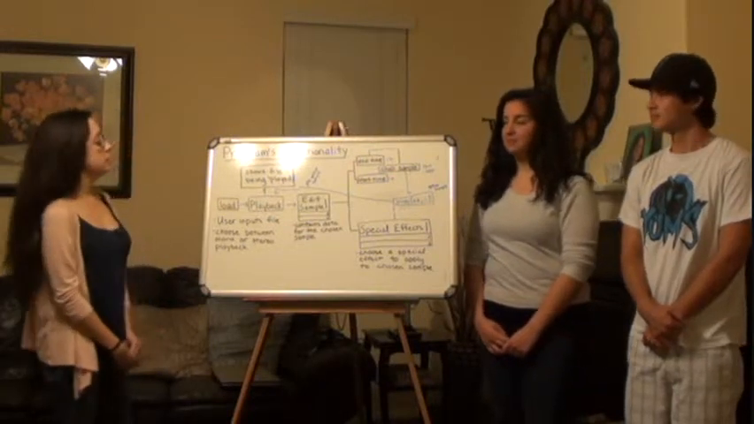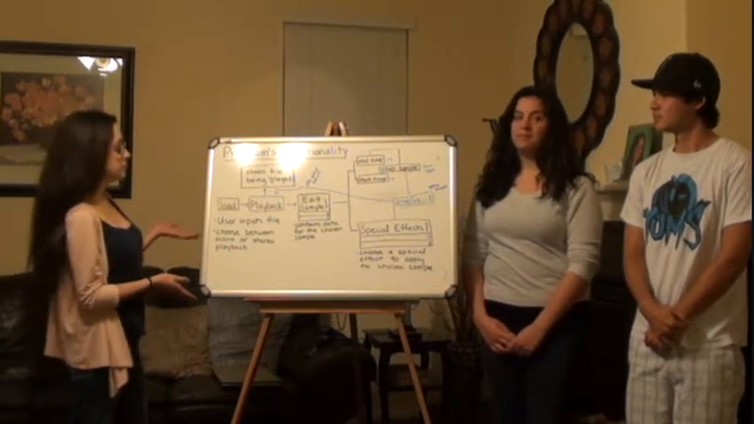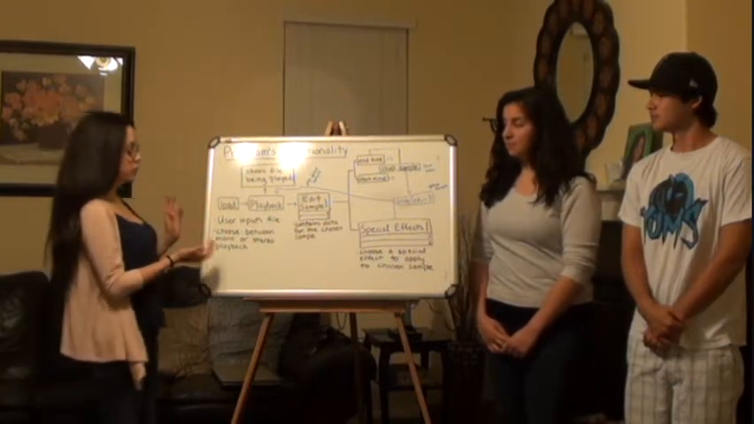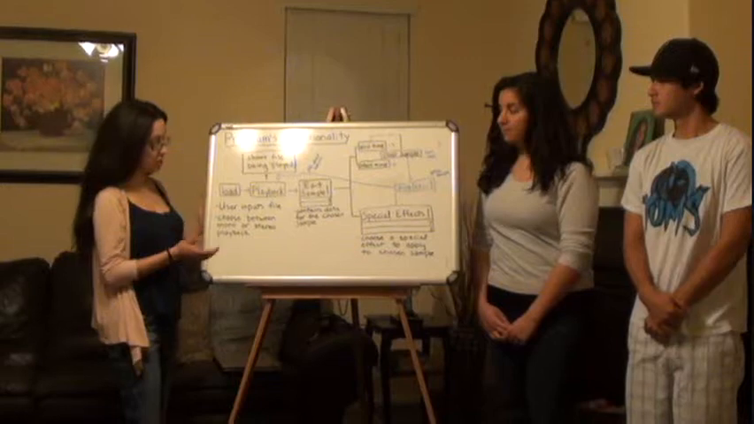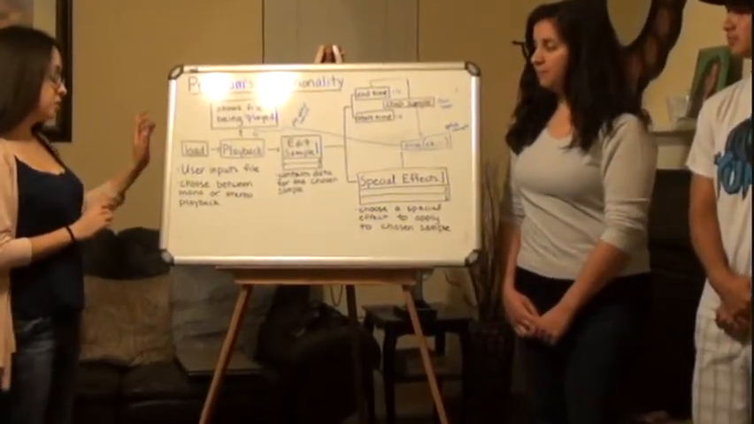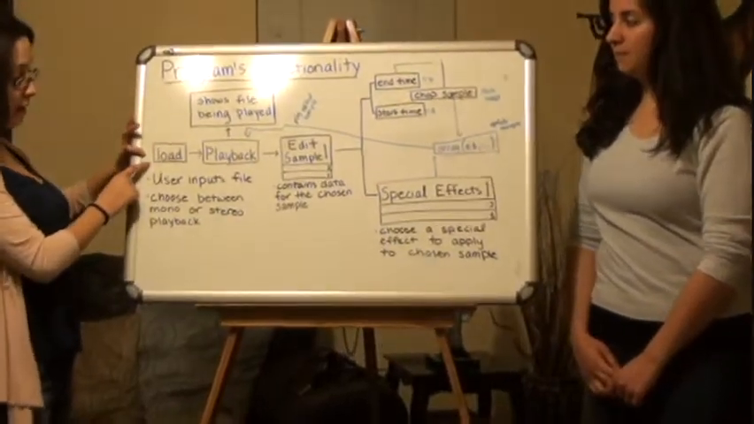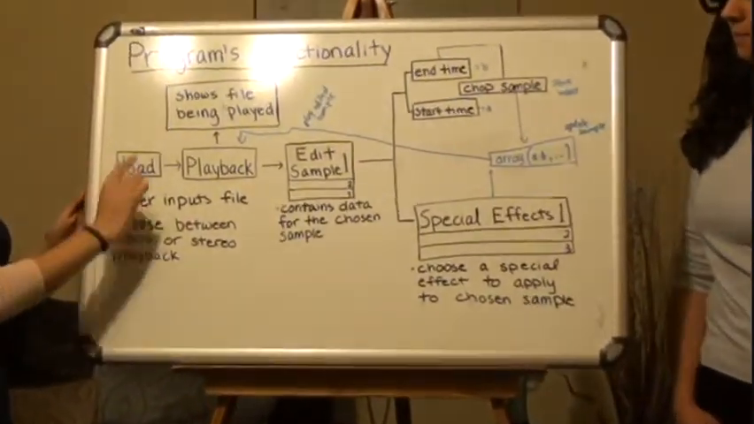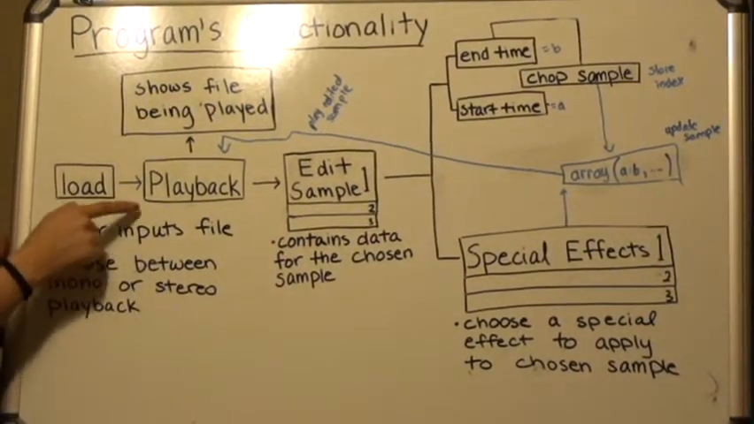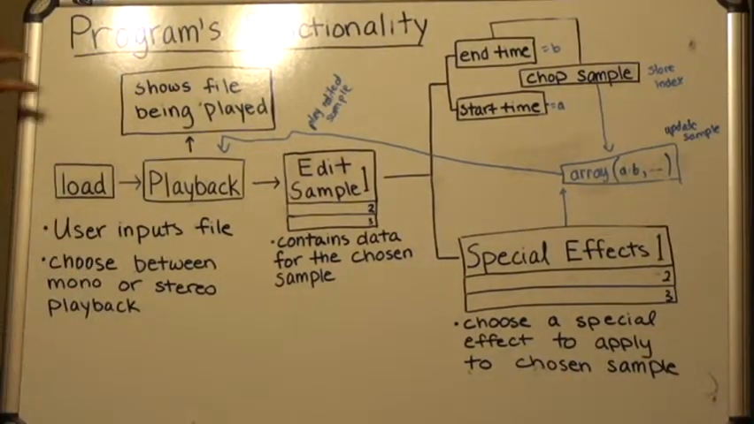Hi, this here is our diagram for our program's functionality. In our GUI we have 9 different buttons, but here we are just displaying how one works. So first, the user inputs a file, and then they get to choose between mono or stereo playback when they press this push button. Then from here, it sends the information through handles to the playback push button, and this